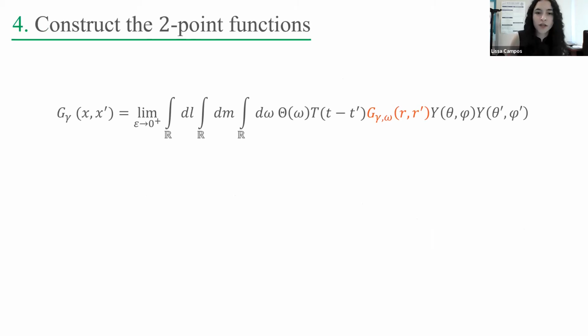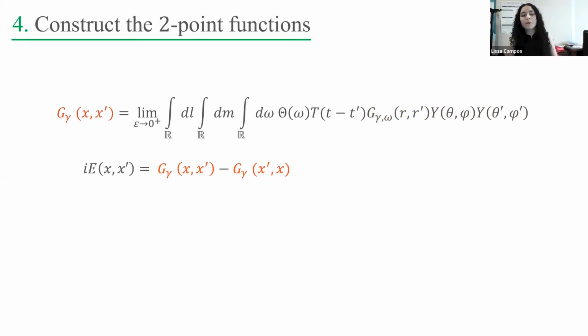Okay, 10:49. Okay, if we want to construct the two-point functions, we can make this ansatz, which is basically a sum of modes. And this function, g gamma of omega, is constructed from the radial Green function that we just constructed. The function t is straightforward because, for example, if we're talking about the ground state, we want this to have support only on positive frequencies, and it's a static space-time, so we know how it looks like. And the harmonics, we also know how they look like.